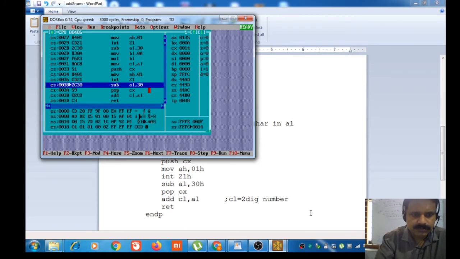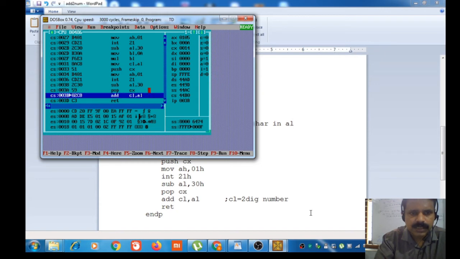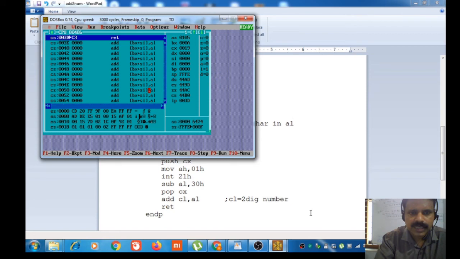Pressing 5. CL equal to 35. Sub AL comma 30. AL equal to the digit 5. We are popping CX, adding CL comma AL. Now CL is equal to 19, that is 25. Then we are returning,